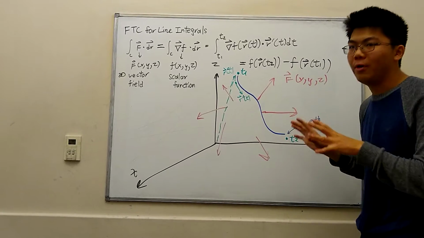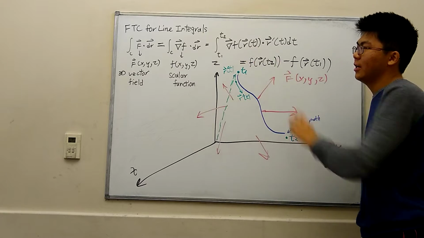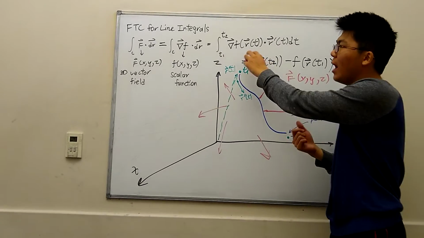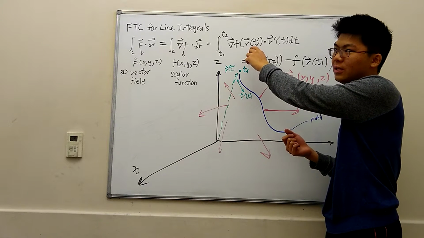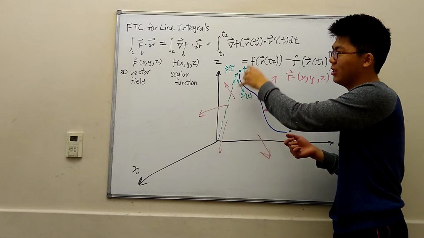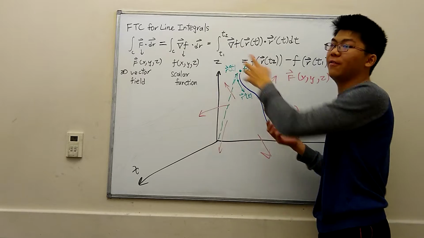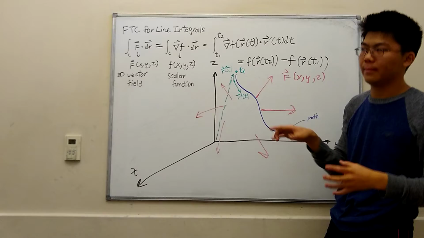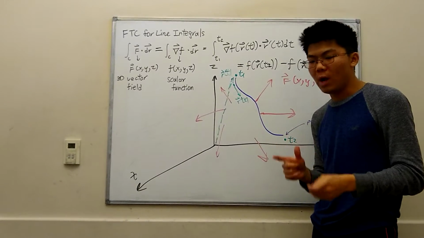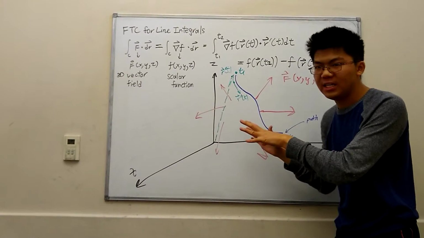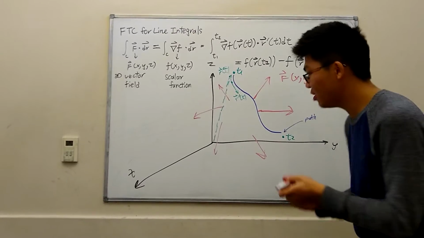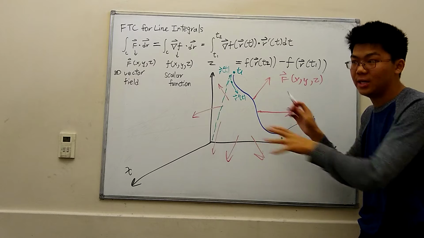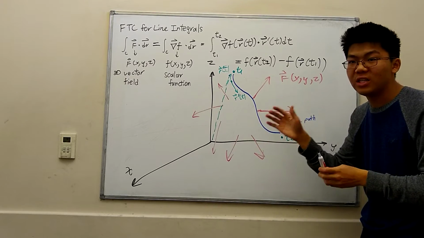Let's talk about the importance of parameterizing. So we know that in this case, we plug the x, y, and z values of the vector function r of t into the vector field function F, or gradient of little f here. Why? Well, in the case of a line integral, you note that you have vector fields going all over the space here. But a lot of those